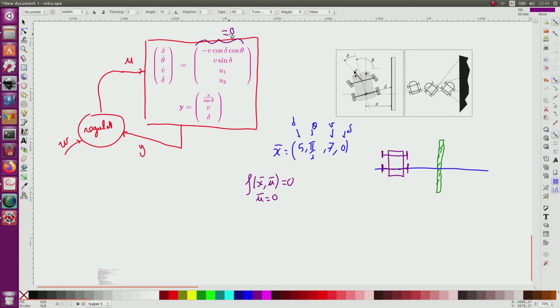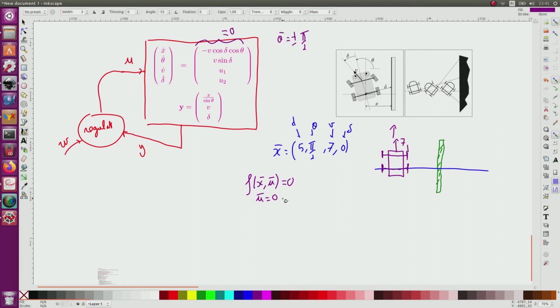To find the operating point, I have several positions. For instance, I can have different positions, different speeds, but always u bar will be equal to 0 due to this. And theta bar could be equal to more or less pi divided by 2, depending on if I go forward like this, or negative if I go downward. Okay, so here the speed is 7 and the angle here is 0. So we easily check that we have this. So we can linearize around this.